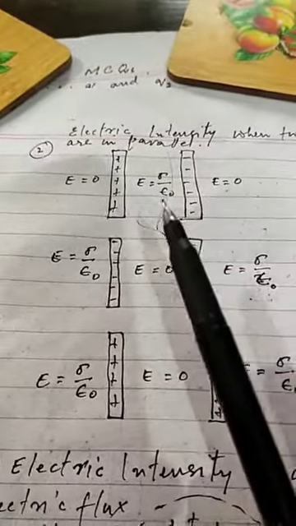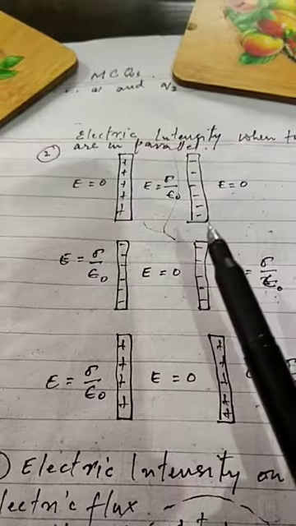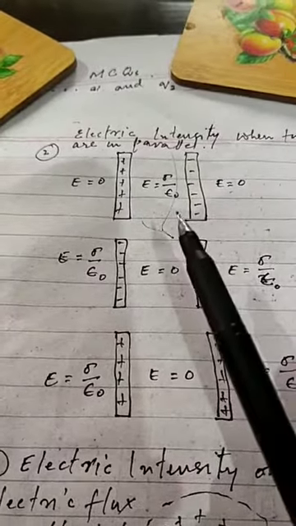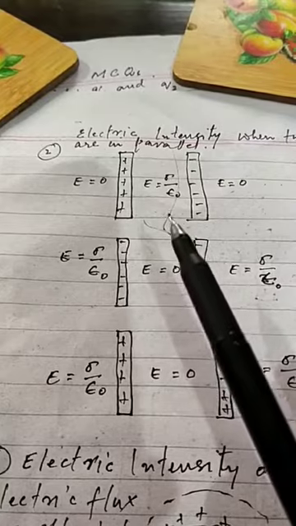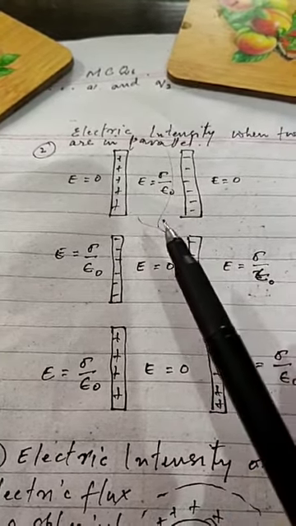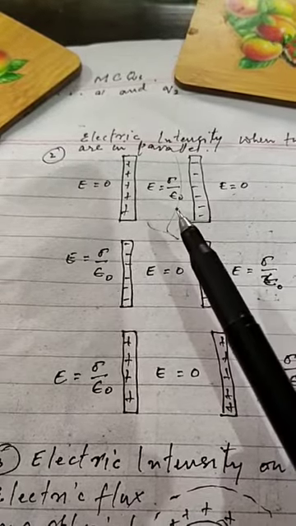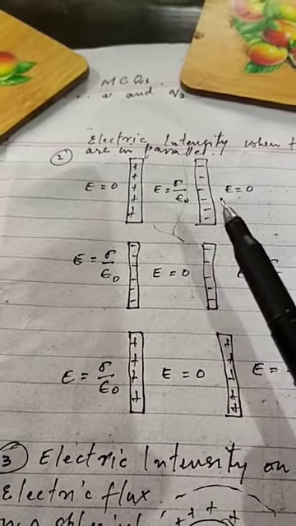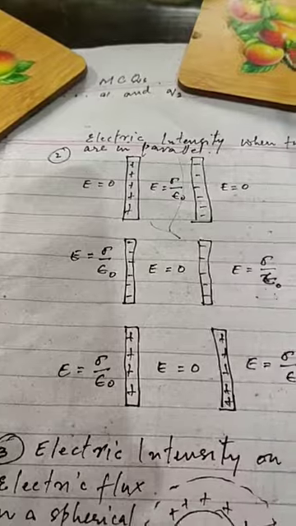In the first option, when two charge sheets, one positive and another negative, are placed in parallel, if you calculate the total field intensity between the sheets, then it becomes sigma over epsilon naught. If I ask you the total electric field intensity at the right hand side or left hand side of the sheets, the intensity will be 0.